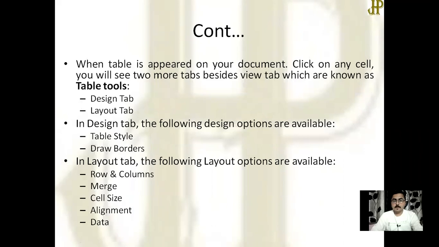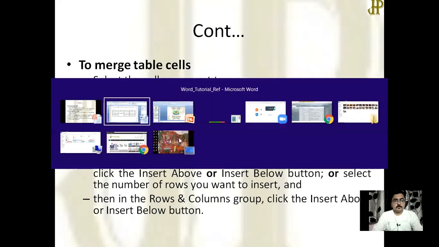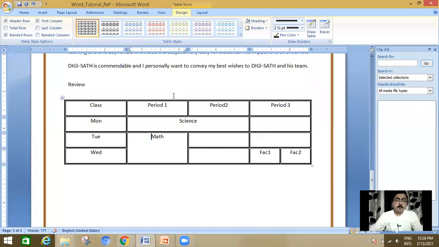Okay, clear? How to add rows. Okay, now sometimes it is needed that the number of rows and number of columns you have taken earlier is to be changed. For example, I have to add a Thursday row after this Wednesday row. So how is it to be done?